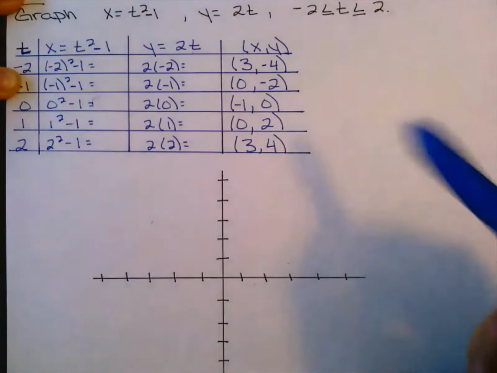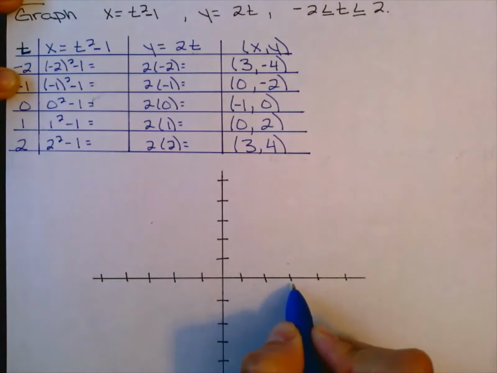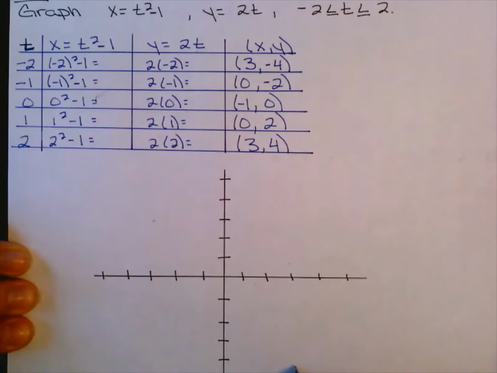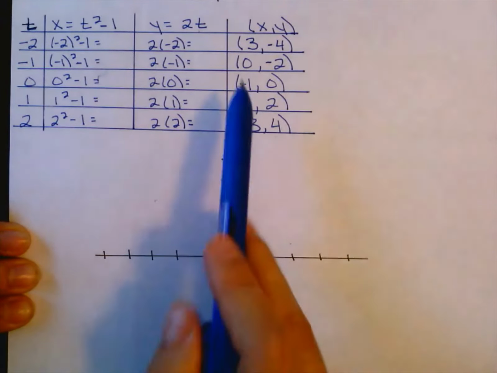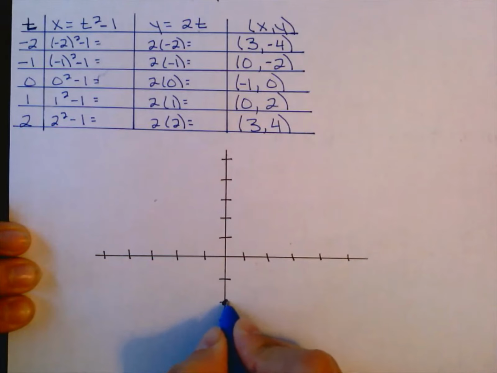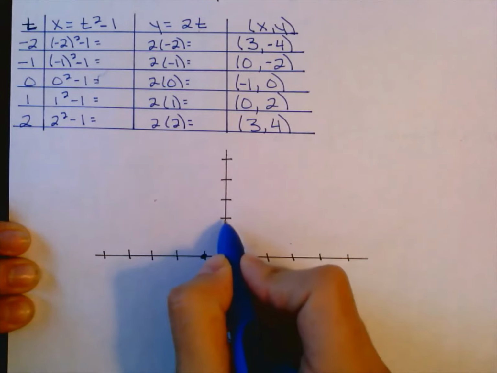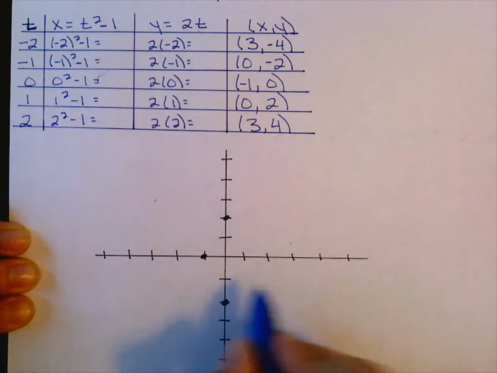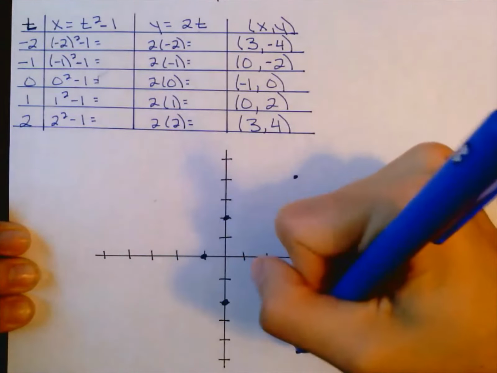And then now all we're going to do is plot these ordered pairs. So I have 3, -4. Let me scoot down a little bit. Here's my first point. My second one is 0, -2. Then -1, 0, then 0, +2, and then 3, +4. So this kind of goes